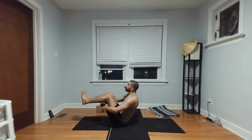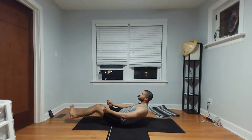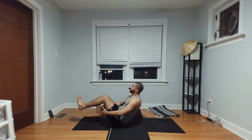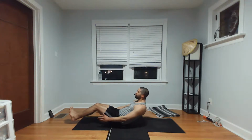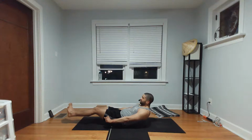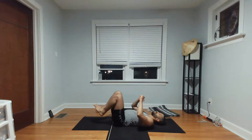Boat pose, curled into a ball here. Exhale, extend. Squeeze, squeeze, squeeze, and pull back up. Let's try one more time, lengthening out as much as you can. Once you get to a somewhat comfortable spot, squeeze your legs together, squeeze your core, squeeze your arms, squeeze your face. Hold, hold, hold. And whenever you're done,